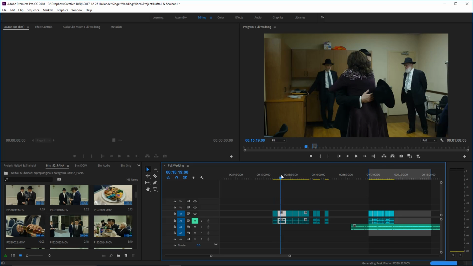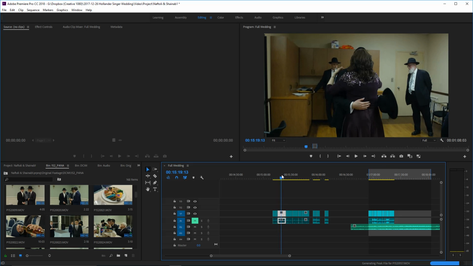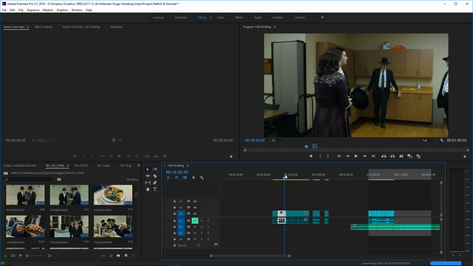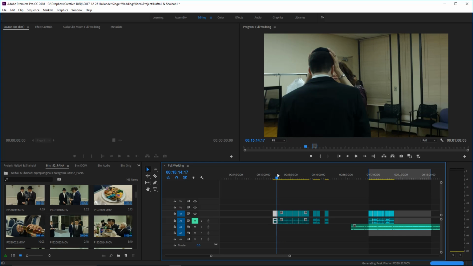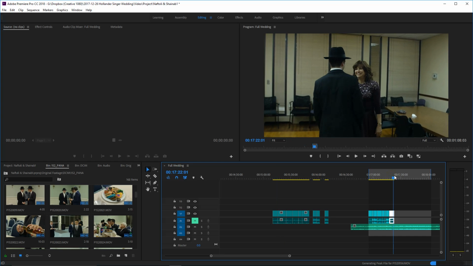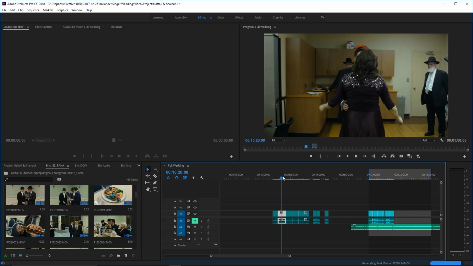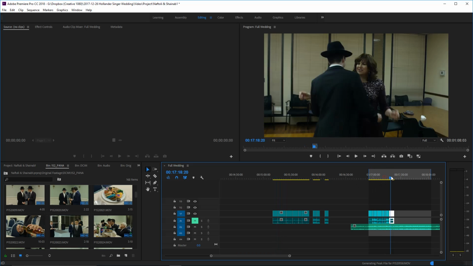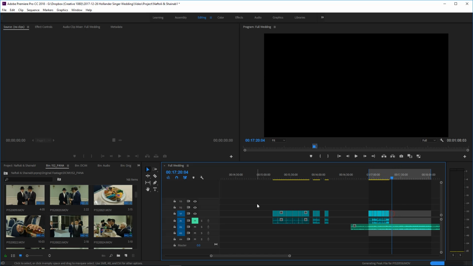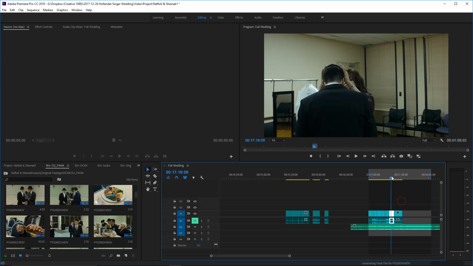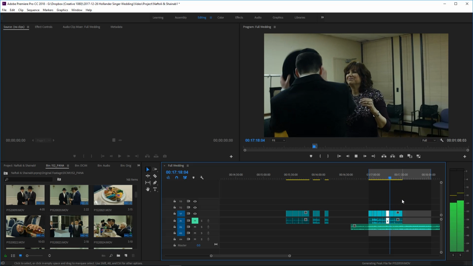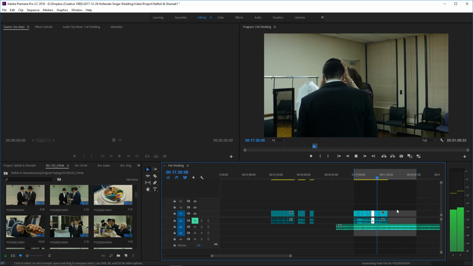What else do we have here? We're going to skip this first hug, as nice as it is, because we have it again after she gives a blessing. And it's just as nice, and we don't necessarily need both.